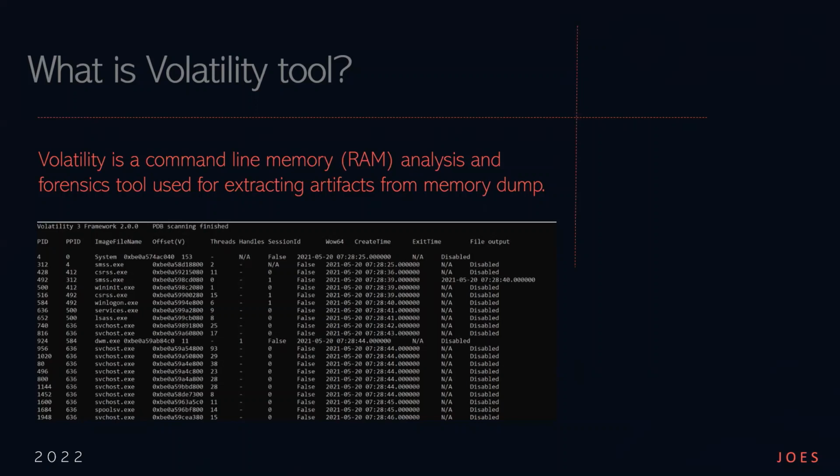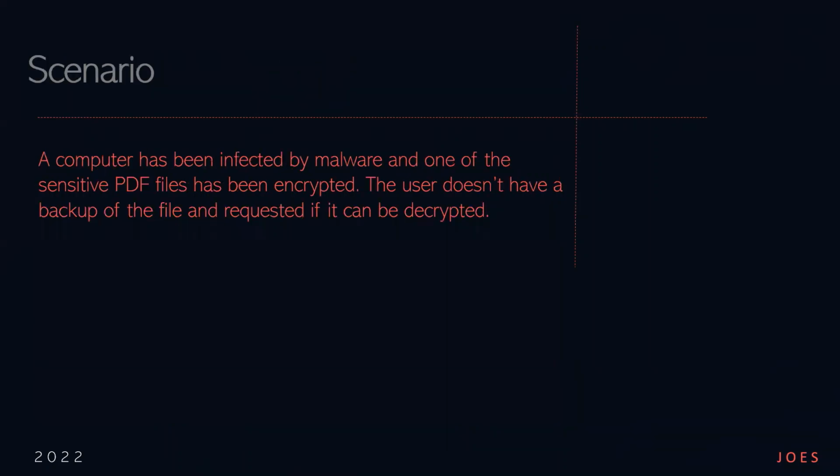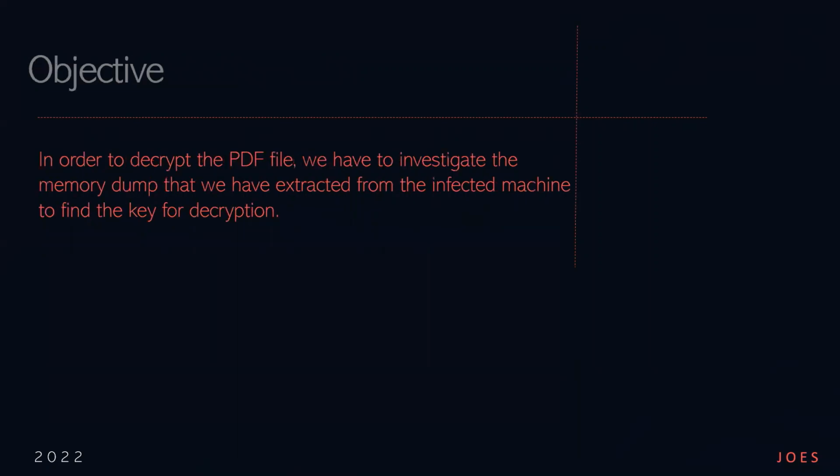For this workshop, our scenario is that a computer has been infected by a malware and encrypted a confidential file. Now, the user of the file requires us to decrypt the file, and in order for us to decrypt it, we need to find the key. With the use of the volatility tool, we're going to dig deeper in the memory space to find some hint